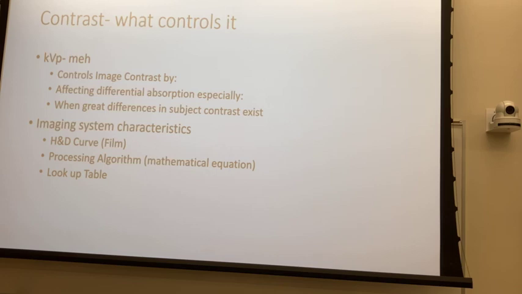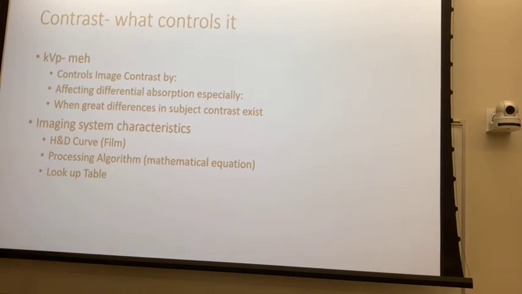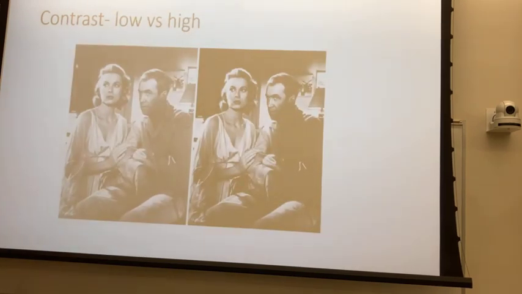Sounds like high contrast, right? So rolling it back to this image here, we've got low density to very high density and very few shades in between, as opposed to over here, we've got low density to very high density with a lot of shades in between, right? So we've got low contrast, we've got high contrast, and in the H&D curve,